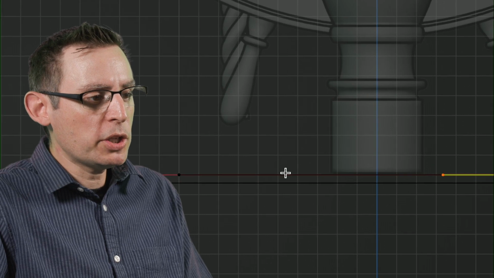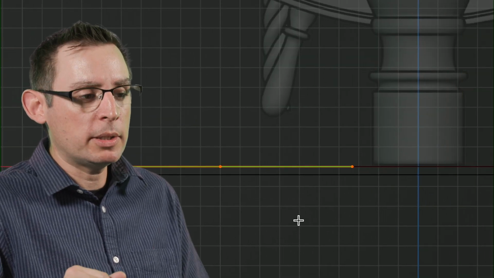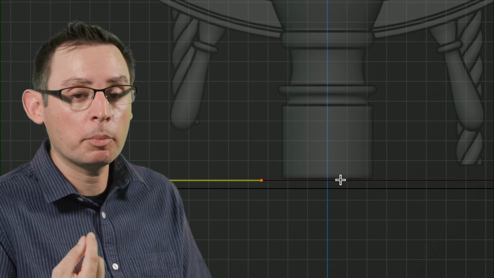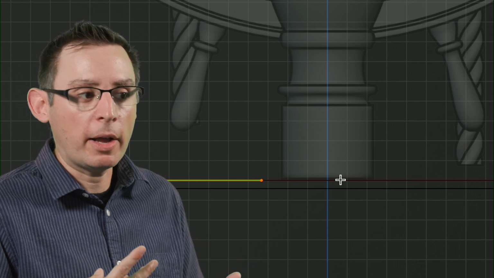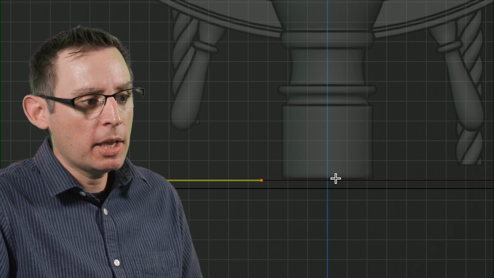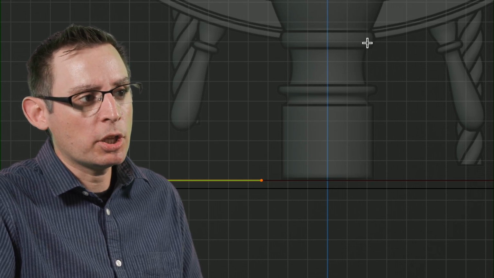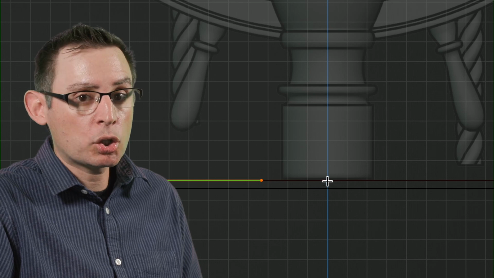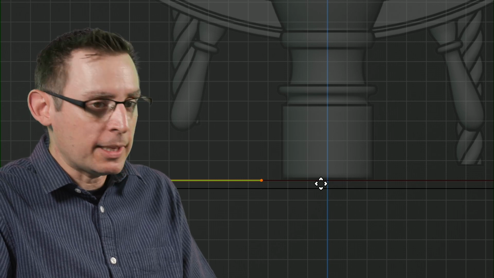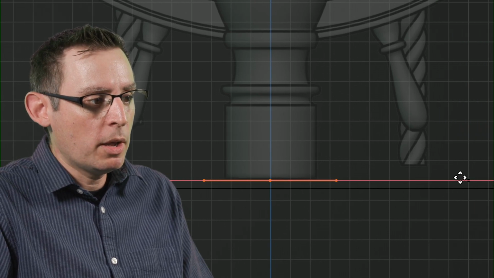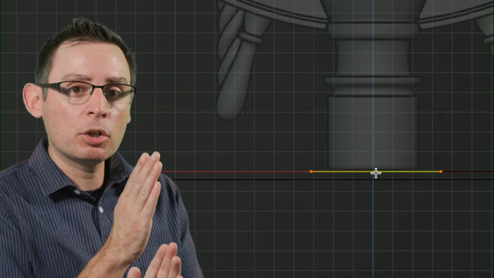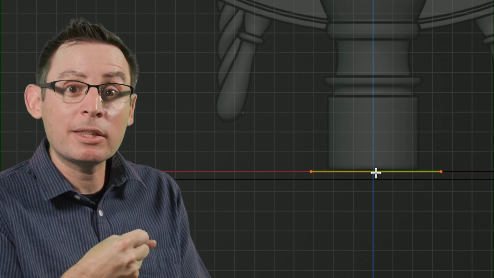All right, so the first thing that we need to do is that we need to start getting these points into position. Now, what's neat about this whole system is that we're not going to create the entire pedestal. We're only going to create the profile shape, so kind of like half of it, if you will. From the center of the object out to that outside edge and then all the way up. So we need to have a control point right in the middle of the x-axis, and that's job number one. I'm going to hit the G key and then immediately hit the X key to constrain my movement along the x-axis. It's really important that this boundary control point be in the middle of the x-axis, right there snapped to the grid.